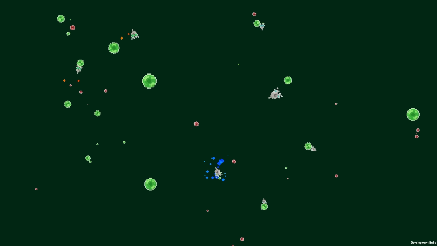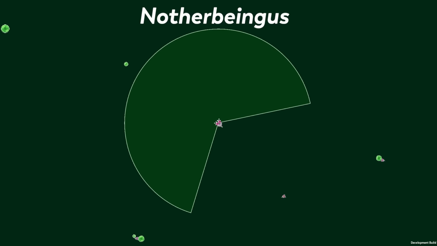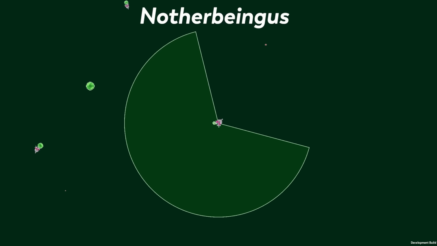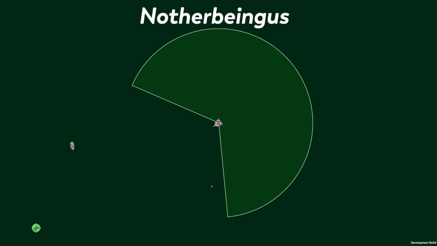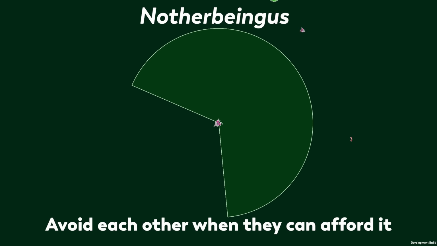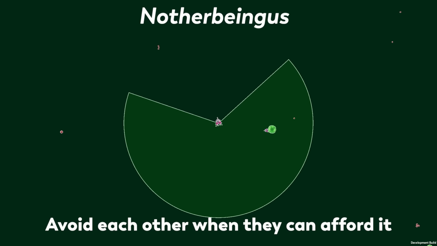Now, two lineages, descendants of Musica, almost fully control the whole simulation. Noturbingus fills the 4 sparser regions and has fully adapted to those environments with a larger field of view. Their avoidance behavior, a commonplace adaptation in the simulation, was scaled with their energy level, which meant that the closer to starving they were, the less they cared about avoiding others.